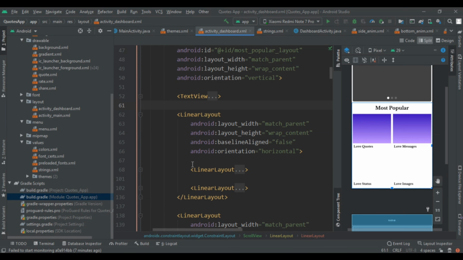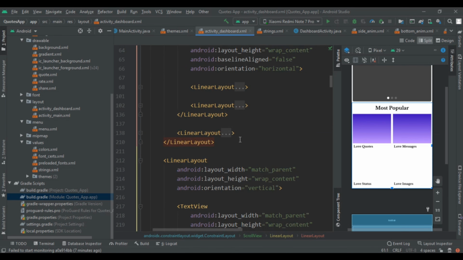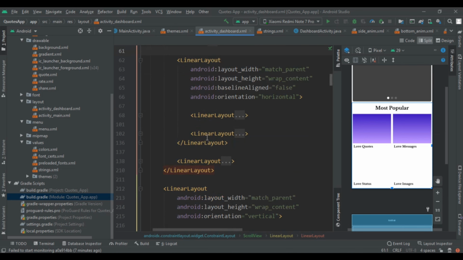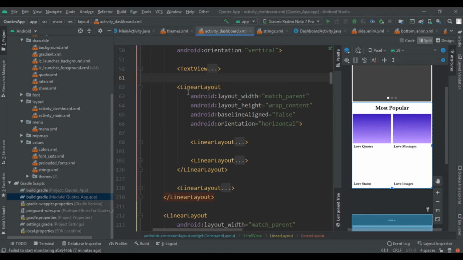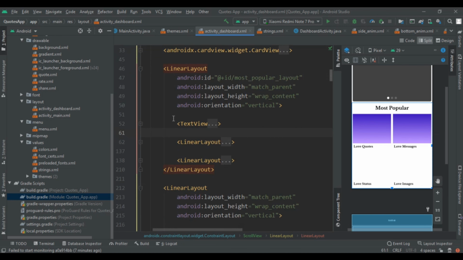So in this way we are going to complete our second layout also. With the help of the text view for our heading and both card views, we completed the implementation of the second part of our dashboard.